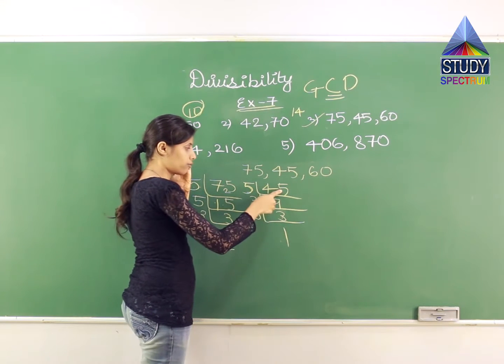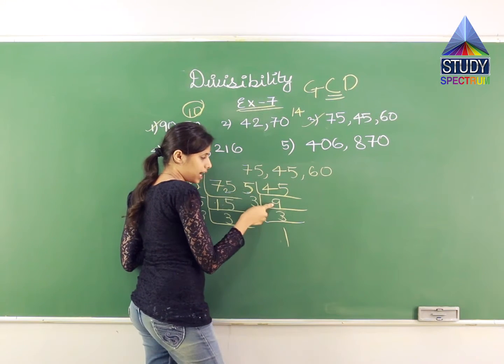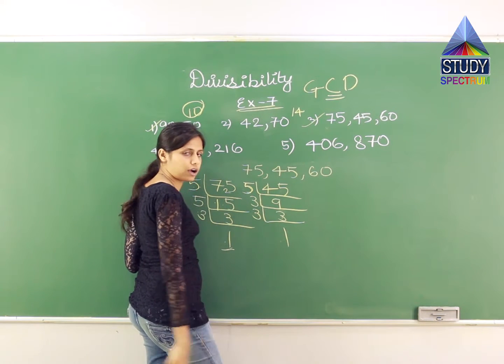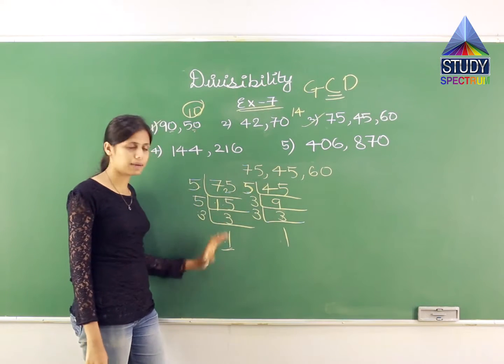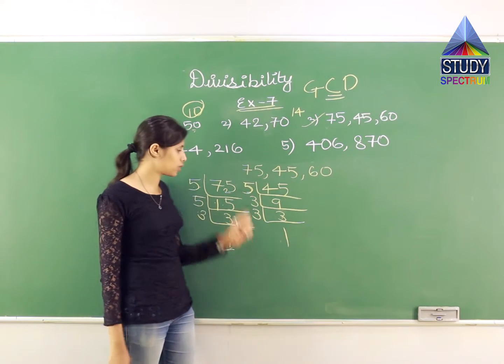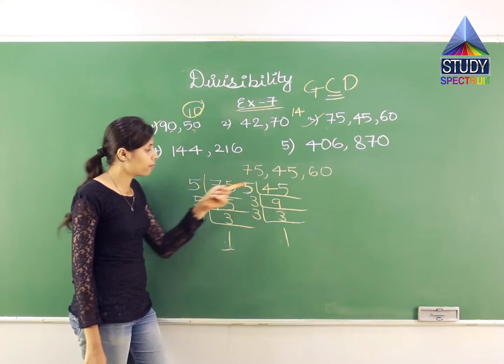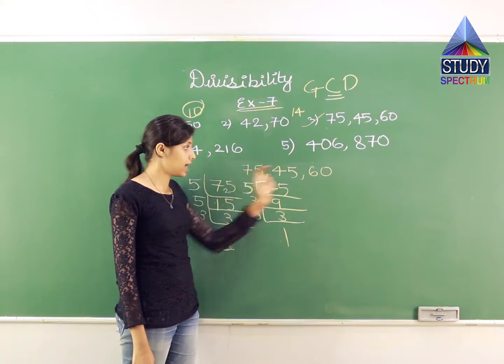Right? What I have done, 45 को पहले 5 से डिवाइड किया, I got 9. Then 9 को 3 से डिवाइड किया, I got 3. 3 को 3 से डिवाइड किया, I got 1. That is how I am finding all the factors for the given number, that is 45, 75 which is 5 5 and 3, for 45 which is 5 3 and 3. Now for 60,